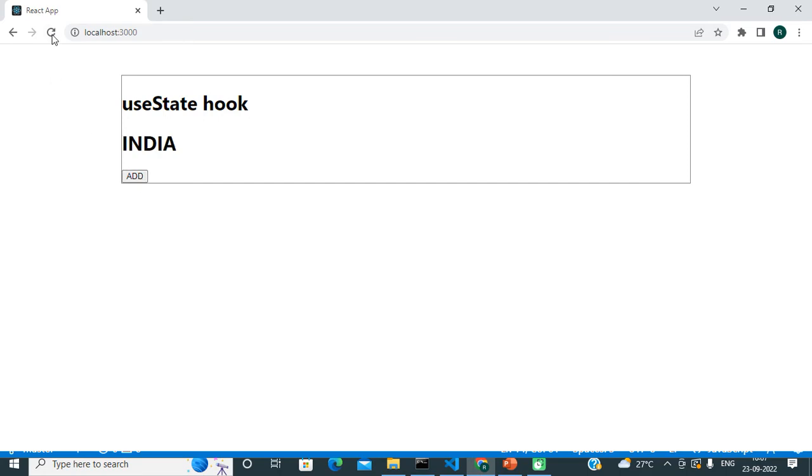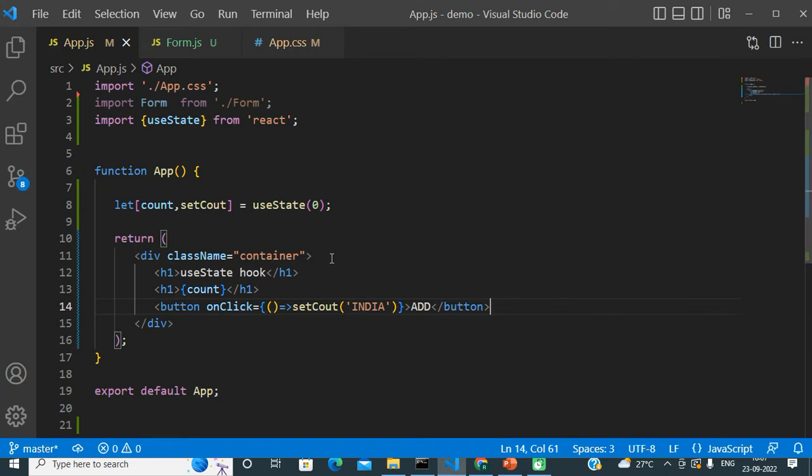So see guys, let me refresh the application. Initial value was 0, on clicking Add, I am getting India. Okay, so this is the normal useState hook with normal variables. We can pass a number, a string, a boolean as well. Also we can pass an array and an object.